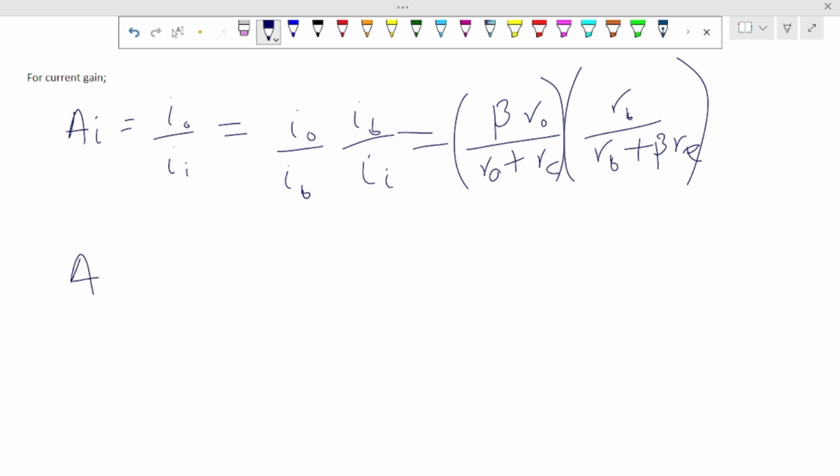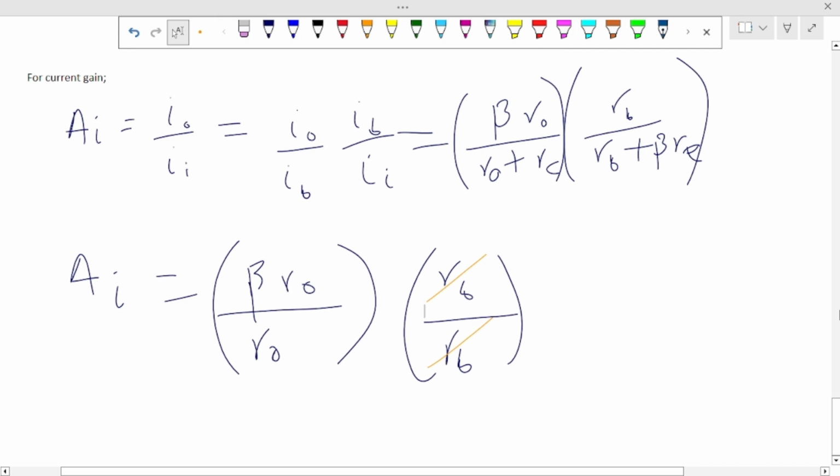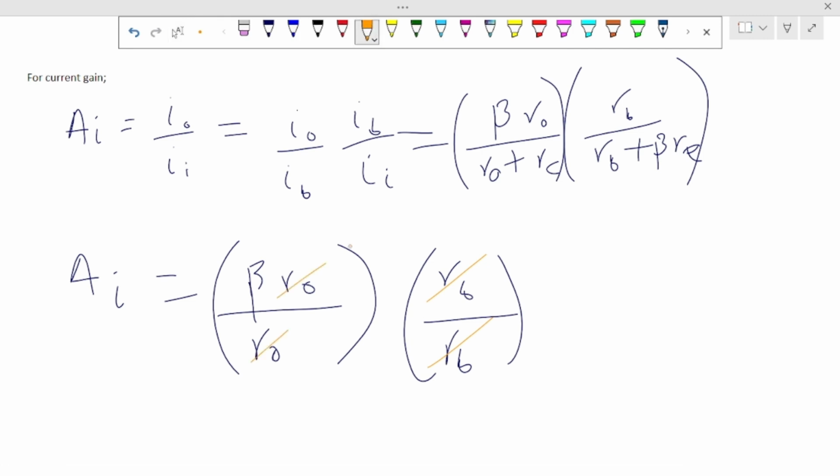So that means this equals beta RO over RC, over RO, because RO is greater than RC. Then RB over RB plus beta RE, since RB is far greater than beta RE. And of course this will cancel out. So this is what we have left. In fact, this will even cancel out,